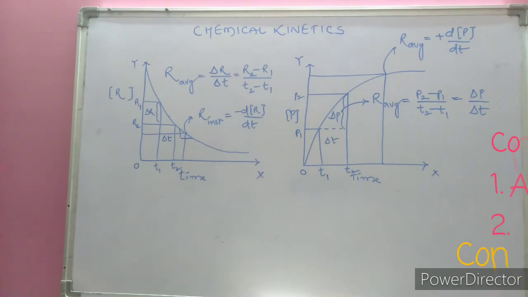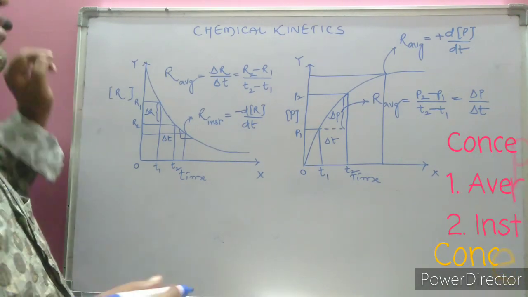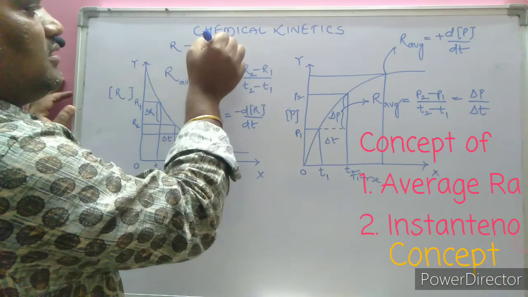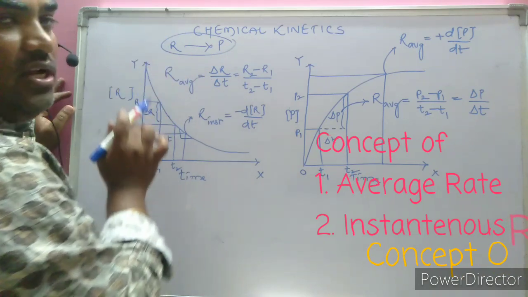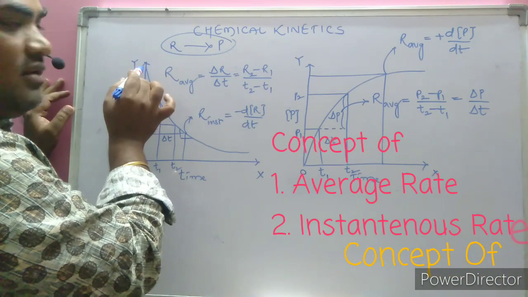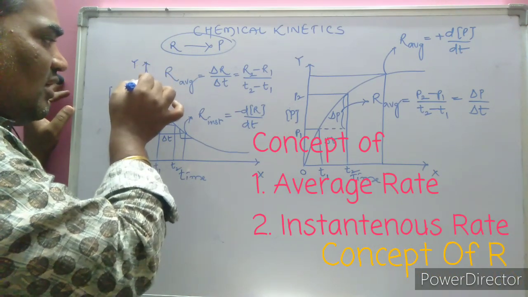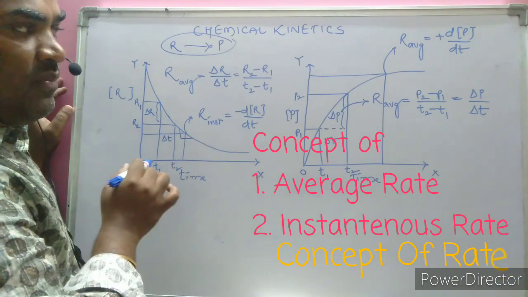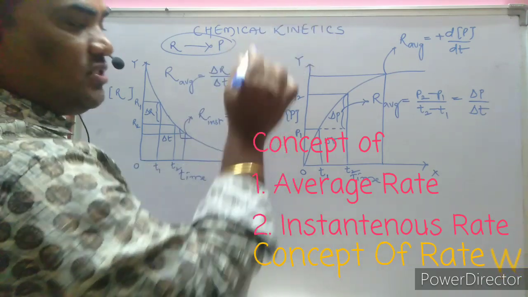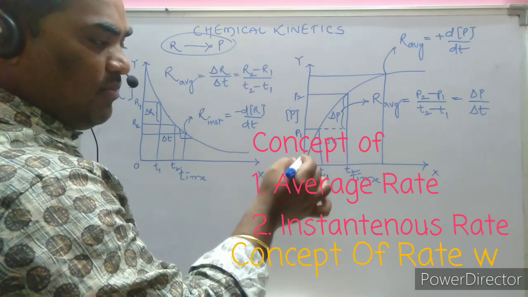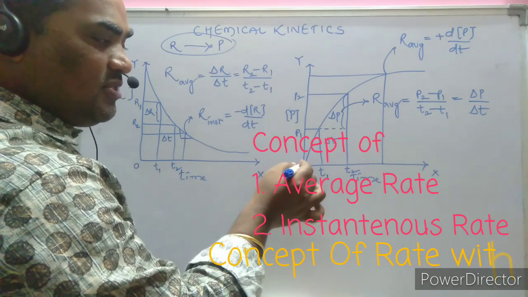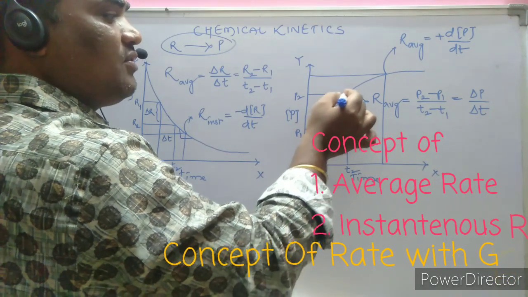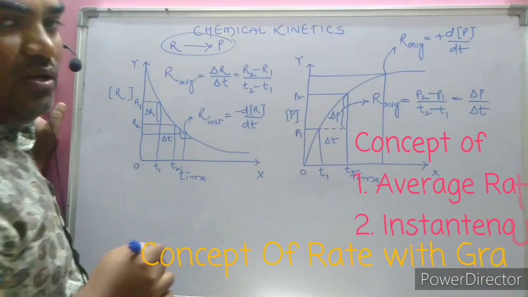Now the graphical representation of the rate of a reaction. We know well, in any reaction the reactants get converted into product. The initial concentration of the reactant is very high, which I represented here. As the time increases, the concentration of the reactants decreases to a minimum value. As the time increases, the concentration of the product increases. Initially, at t equal to 0, the product is 0, and as the time increases, the concentration of the product also increases gradually.